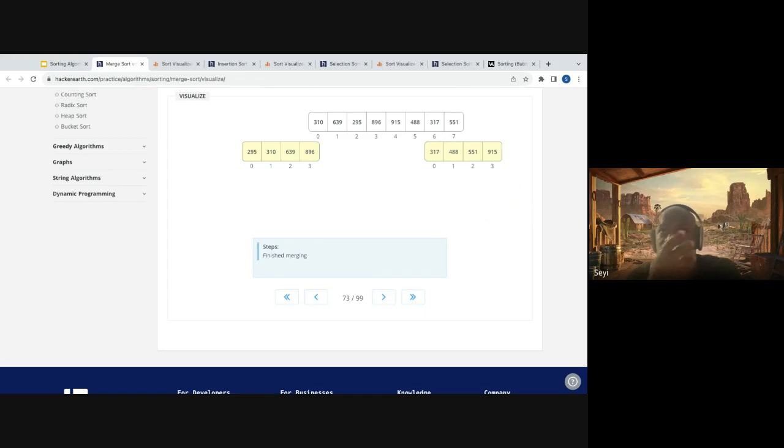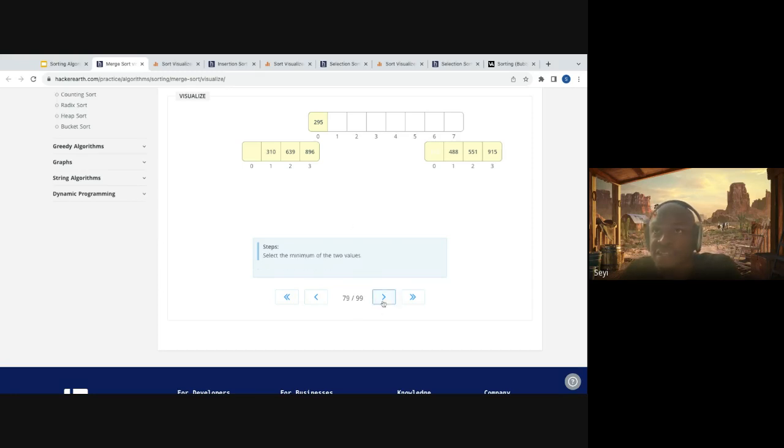So like I said, you're going to have two pointers, a pointer on the left and a pointer on the right. The pointer is going to start from the first element. So we are comparing the first two elements. Which one is smaller? We put the smaller one, and then we shift the pointer, because the smallest is gone. So the next smallest is the next one, right? Then we compare that with the smallest on the other side. Now you can do this because the array is sorted. So you are sure that this item here is smaller than everything on the right, and this item is smaller than everything on the right. So the smallest between this item and this item is the smallest you can get.